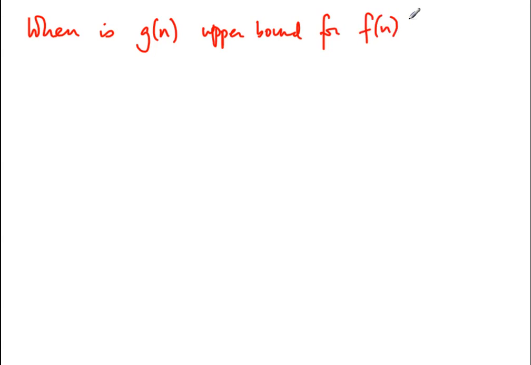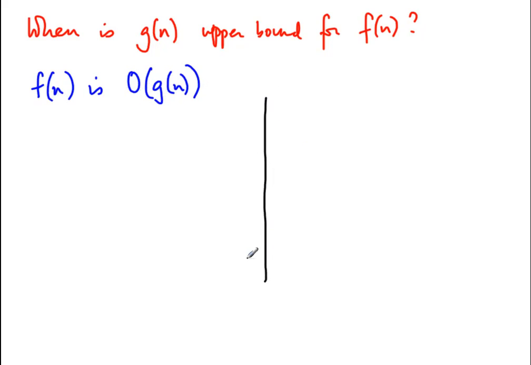So what we would like to demonstrate is when g of n, say, is an upper bound for f of n. Okay. Following conventional terminology, we will say that f of n is big O of g of n. So big O of g of n just means that g of n is an upper bound for f of n. Now in our asymptotic world, this really means that we can ignore some initial part, small values of n,